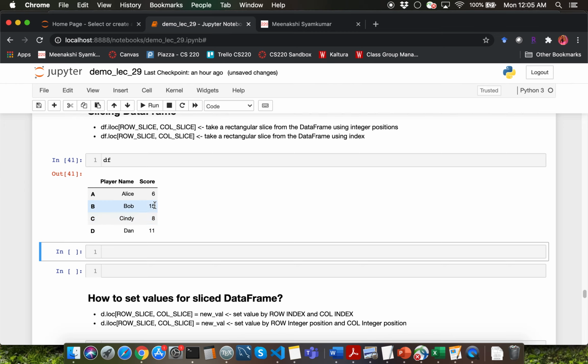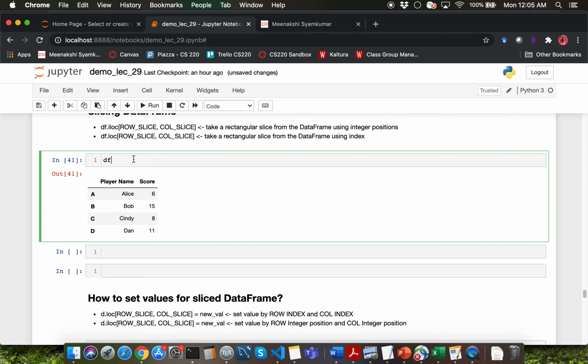Let's say that I'm interested in getting a slice of the middle two players' score values alone. I can do that by saying df.iloc, and for the row slice, I can simply say 1:3. That's because B is at row integer position 1. And recall that when you're using integer position, your end is always exclusive when it comes to slicing.